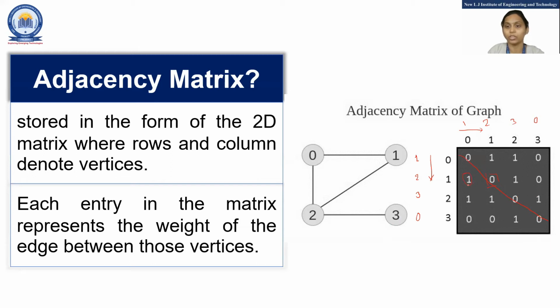Now why is it 1 here? This 1 is for whether node 1 is connected with node 0 or not. Yes, you have a line, so you have an edge, and this edge is represented here by the number 1. 1 means presence and 0 means absence. In the same way, 0 and 3 are not directly connected. You cannot find any edge here, so 0 to 3 is 0. The same way here, whatever you find here is copied here.